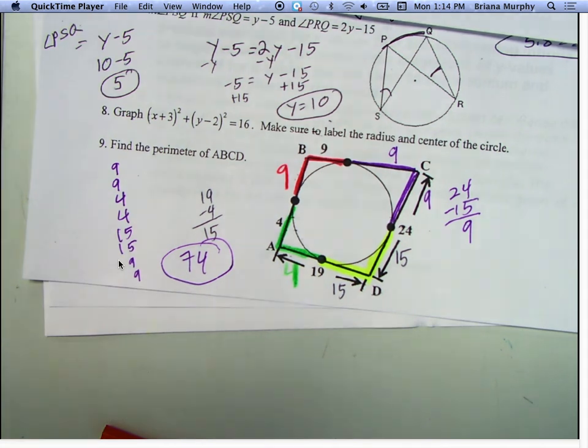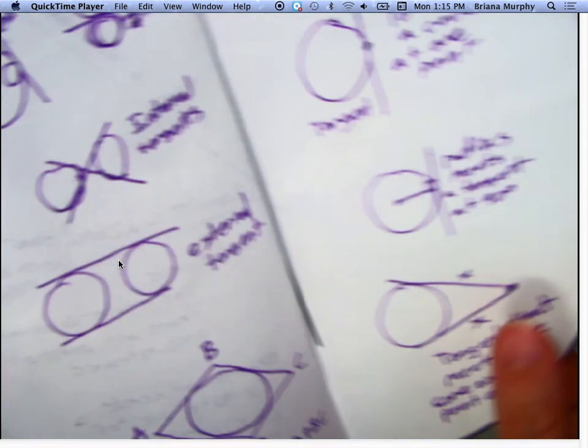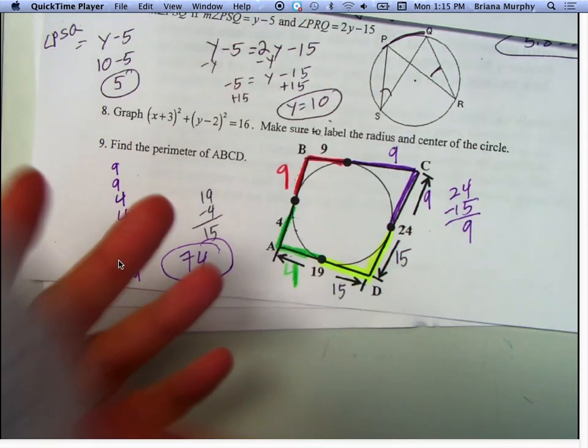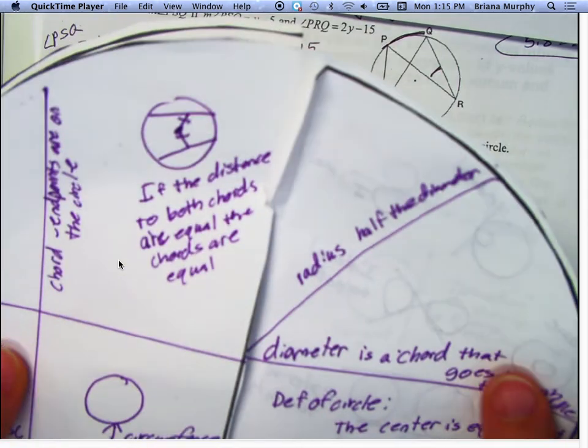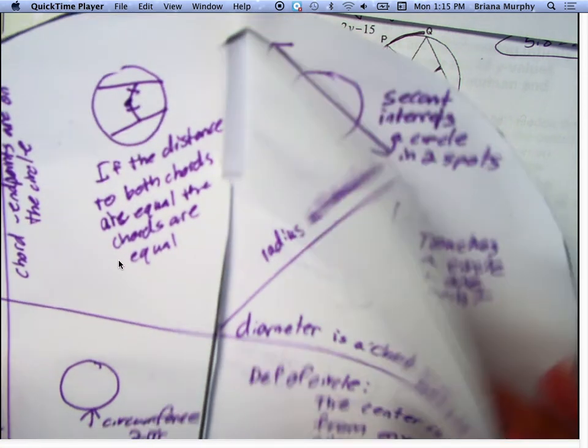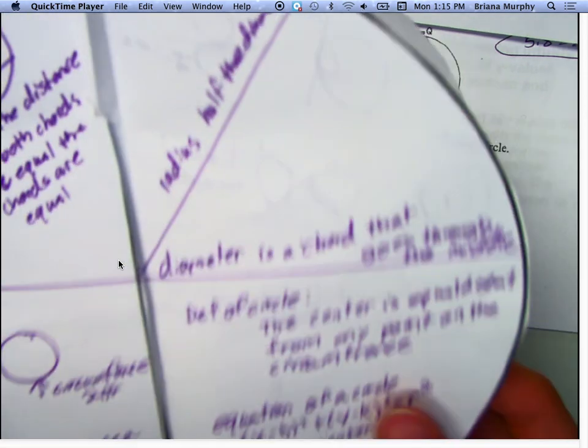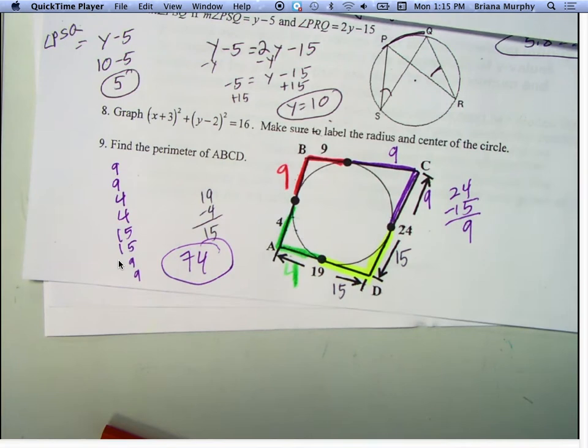Now, I want to make this really clear. If you feel like you're missing something from your circle book, you need to check with me or check with somebody else in class because you will not be able to fix your circle book tomorrow. If you're missing stuff from your circle book, get it. If you don't have a circle book at all, make it today so you have it in class. Or tomorrow for the